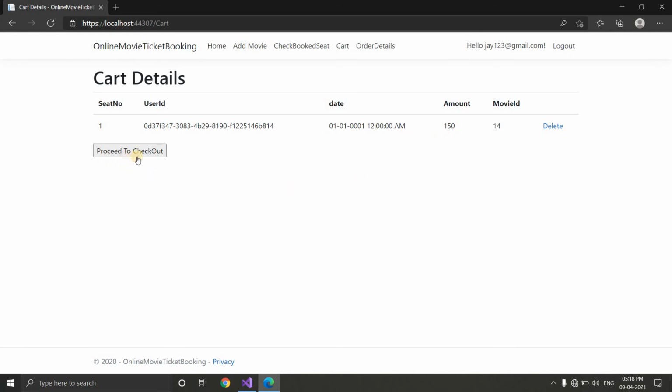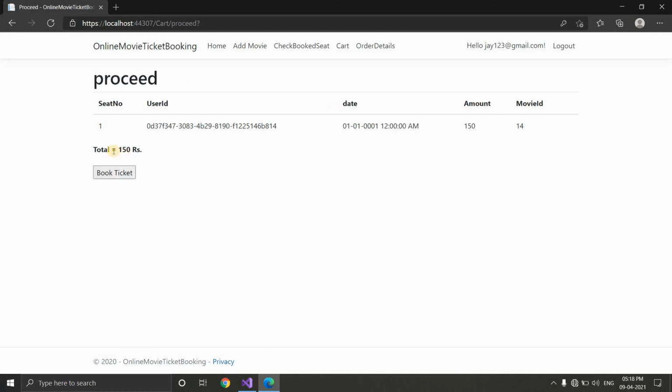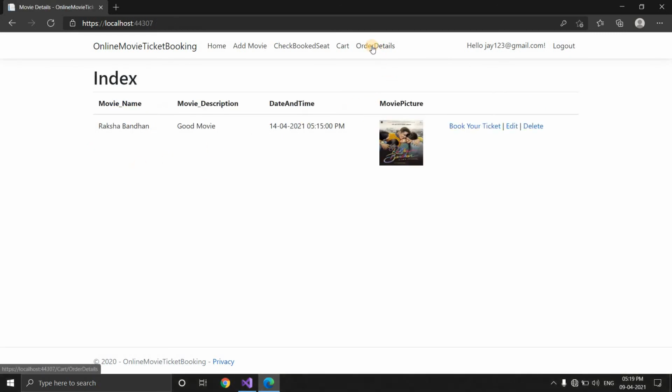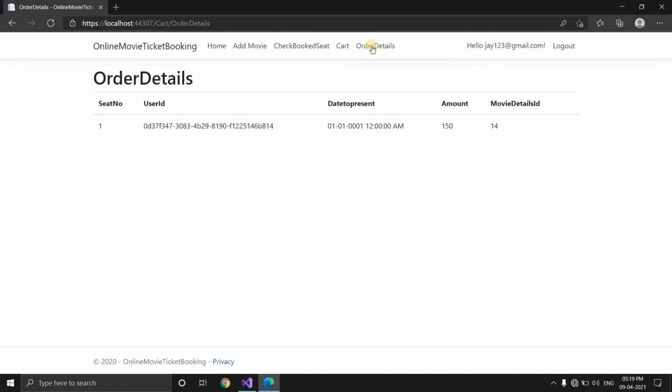If the user wants to check out, clicking this button displays the charge. If a user books that ticket, then that ticket will be here. In order details, he can see which tickets he has booked.